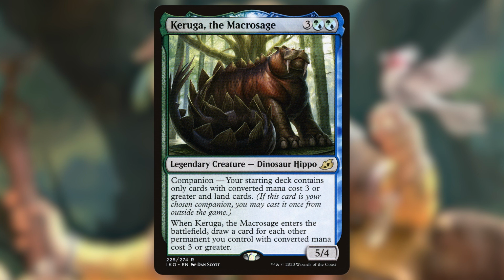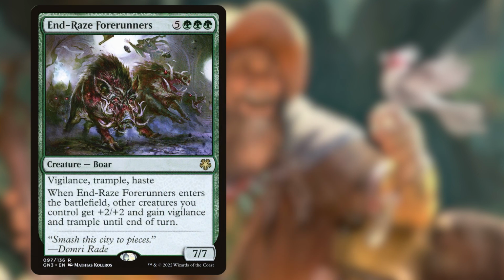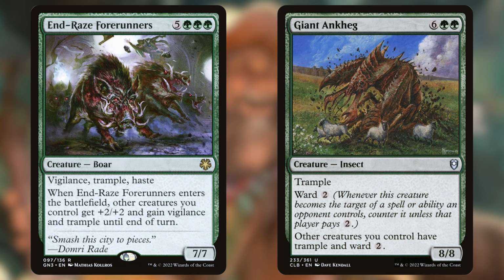And the last category I want to mention is how we're going to win with this deck. And that is with overwhelming our opponents with cards like Endray's Forerunners and Giant Ankheg. So Endray's Forerunners does cost us 8 mana. It's a 7/7 boar with Vigilance, Trample, and Haste. When this enters the battlefield, each other creature you control gets +2/+2 and gains Vigilance and Trample until end of turn. And with those tokens that we're making from our commander, this can be very deadly,